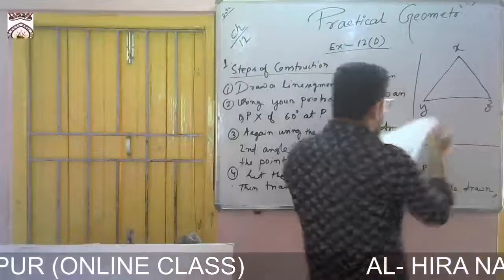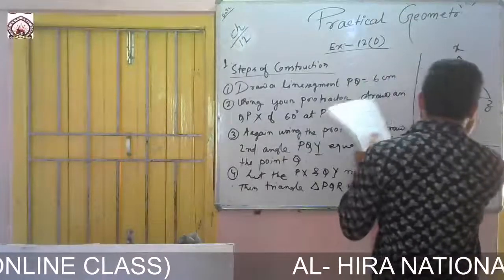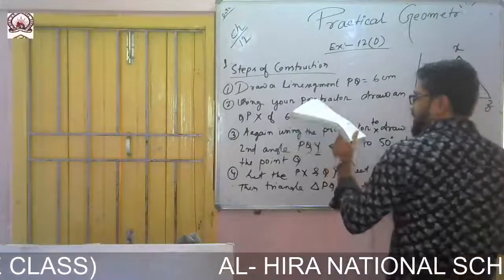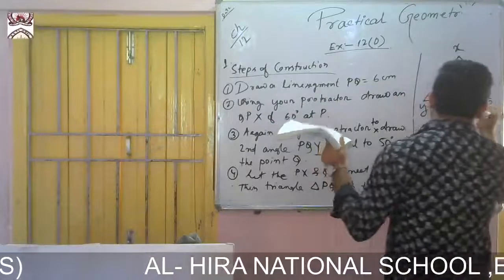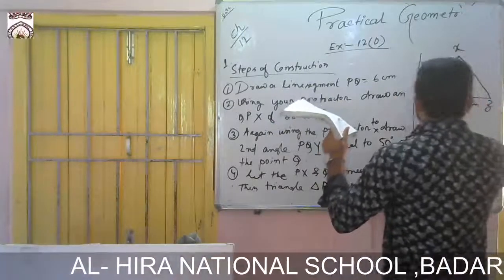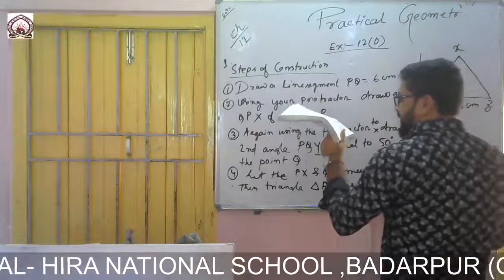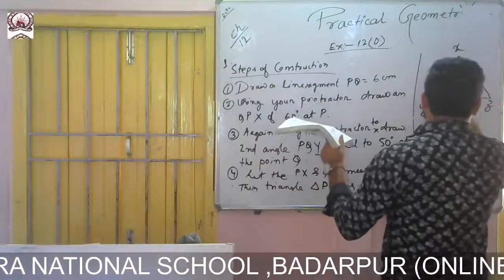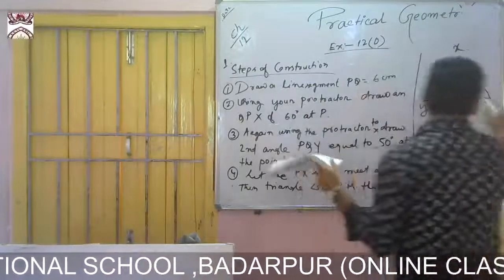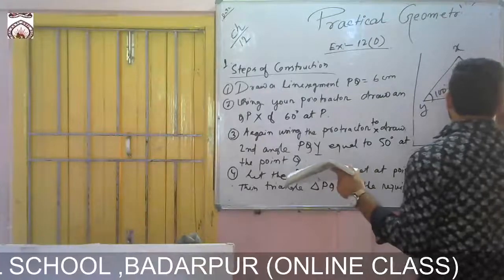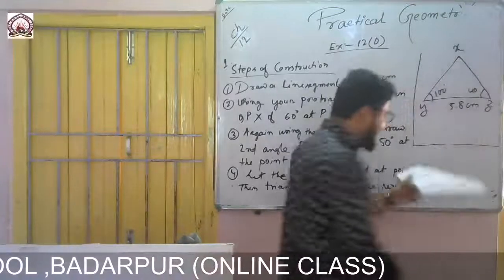What is given? YZ is 5.8 centimeter, and we need to find XY. Angle Y equals 100 degree, and angle Z equals 40 degree. So somehow we have drawn it. After that it is said that...